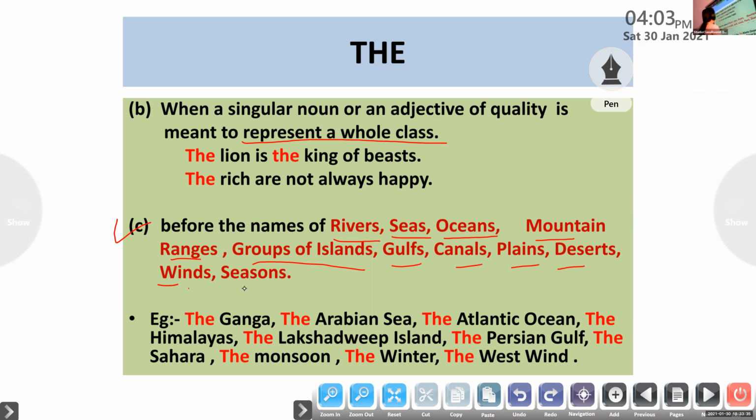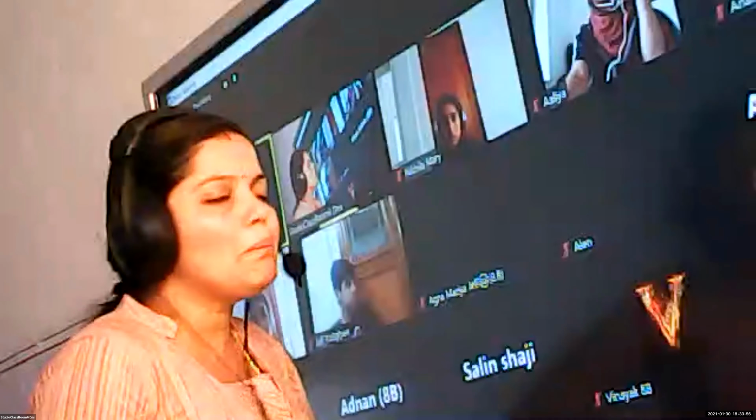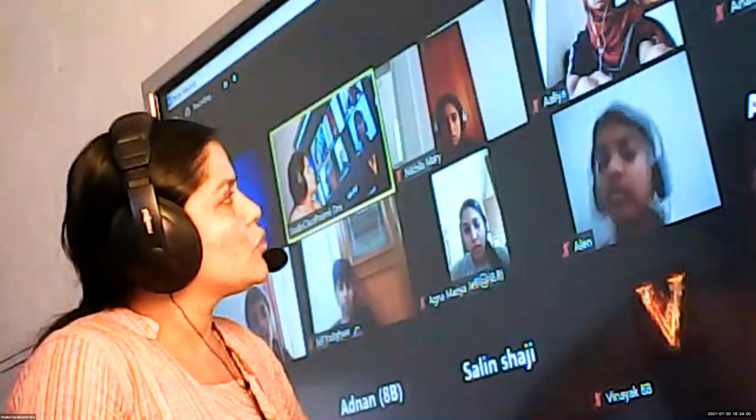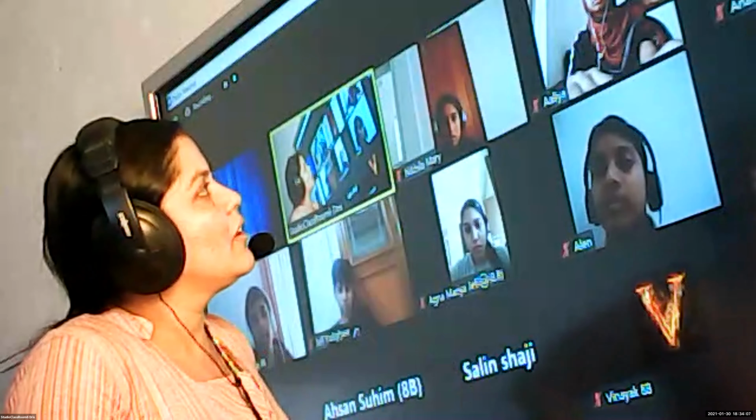See, children, we have to use the definite article the before these things. When you are writing your geography textbook or your geography answers, if you are writing the name of a river, see, you are familiar with the rivers in Kerala. Tell me a few names of rivers in Kerala. At least two. Periyar. Periyar River. Okay, so simply don't say Periyar. How to say that? It is the name of a river. So the Periyar flows, okay, to the west or to the north, where it is flowing.